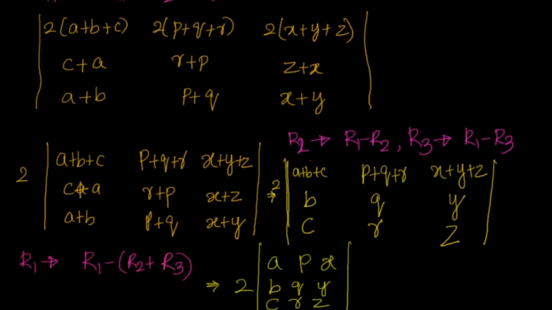Now everything is fine with the second row and third row, but what about the first row? For the first row, whatever I need is nothing but R1 minus of R2 plus R3. I have a plus b plus c, but I want a, so I should get rid of b and c. So I said minus of b plus c, so that b and c are gone. I am left with a and p and x. So that's how we have